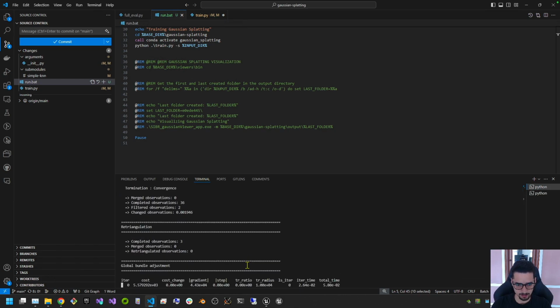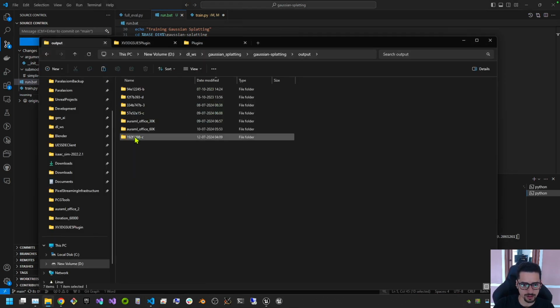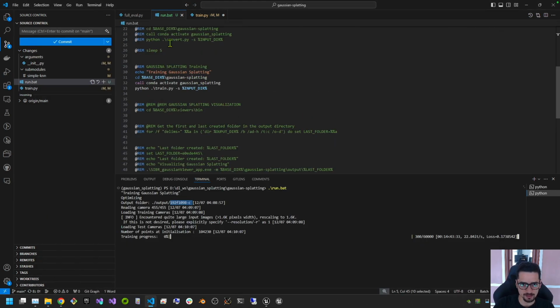This is the colmap thing, and this is the training thing which we are running. Okay, so we can see the training process has now started, and there's this folder named 192. So let's go and open this 192 folder. We see there are some files saved here, and since in the train.py file